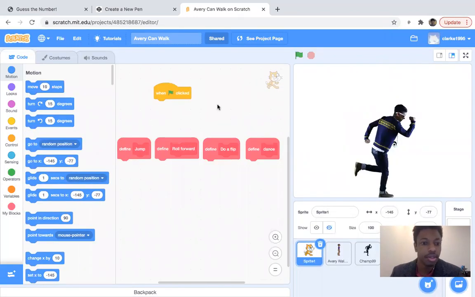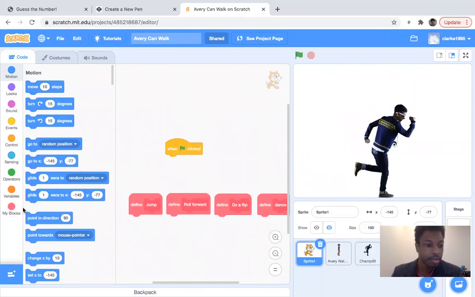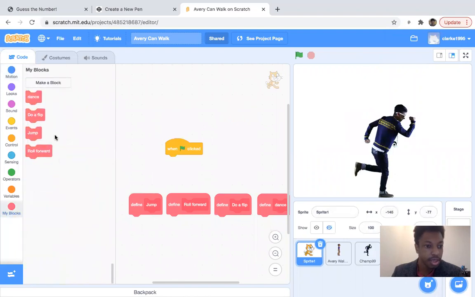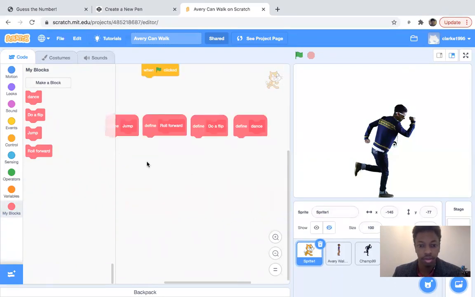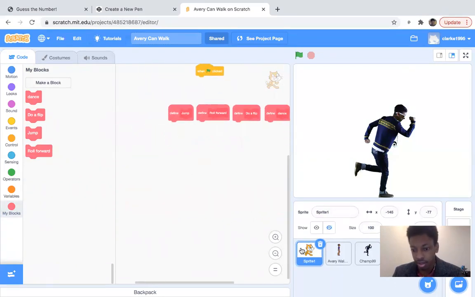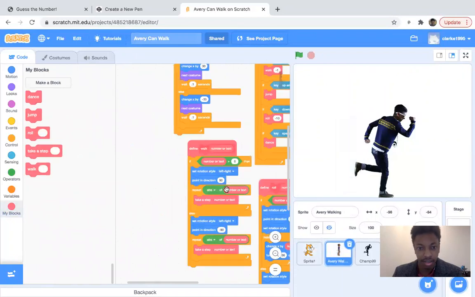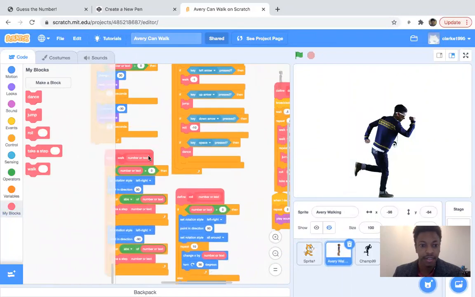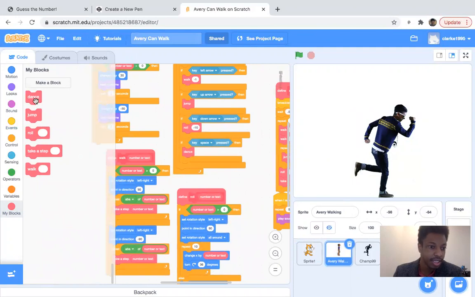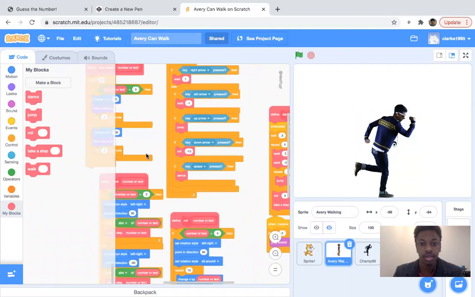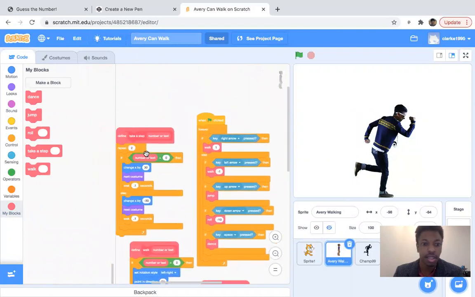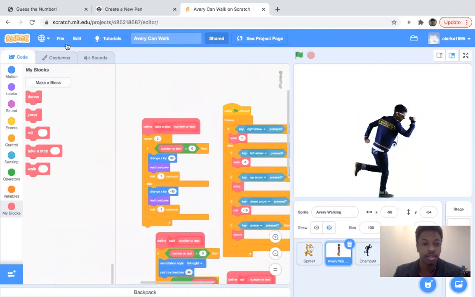All right, I do. So my blocks, all of these blocks that I created are functions. Okay, so let's see, nothing here. So let's go to Avery. Avery has this stuff. All right, so here are the functions I have for Avery: dance, jump, roll, take a step, walk. So when I create a function, first I need to give it a name, and then I need